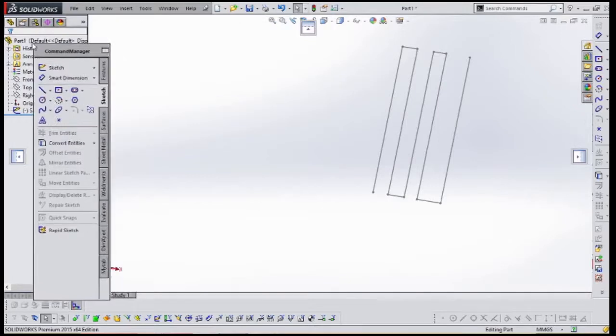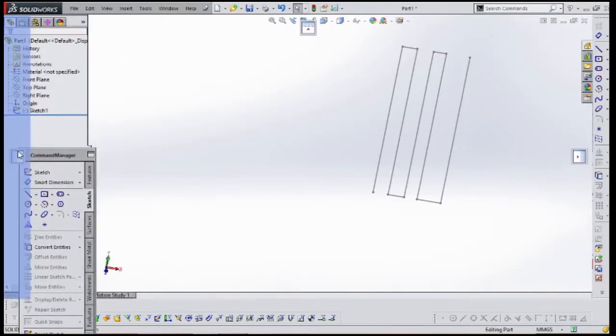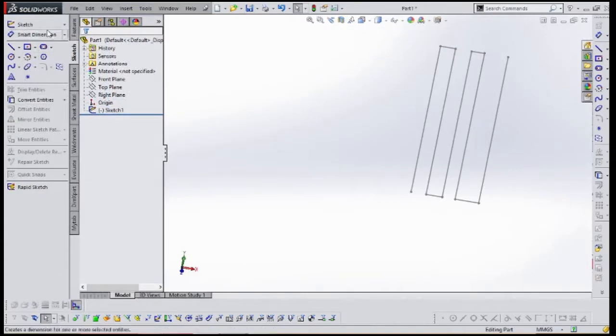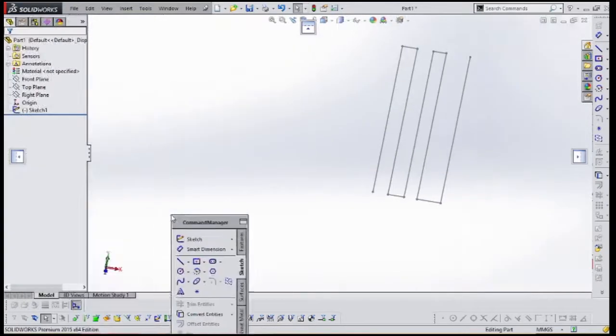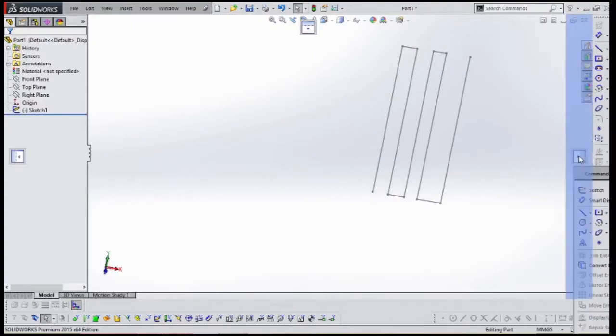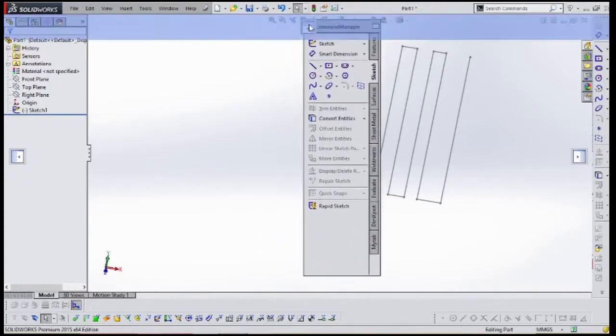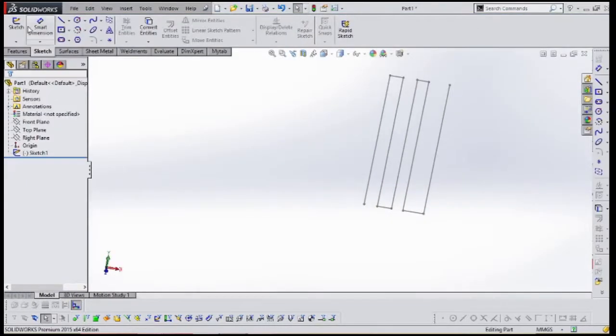Like if you want it here, you can dock it here. If you want it on this side, you can dock it there. Simply move your cursor to this box, it will show you, and you can dock it on the upper side or any side.